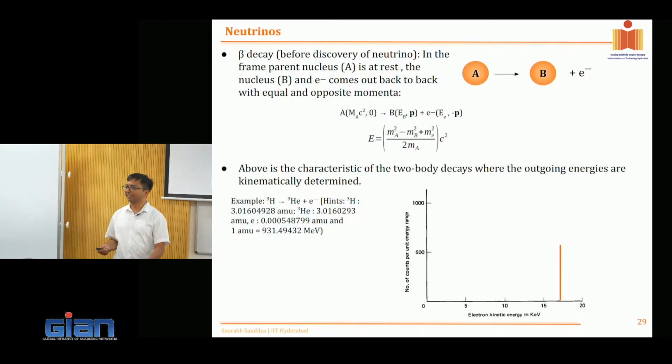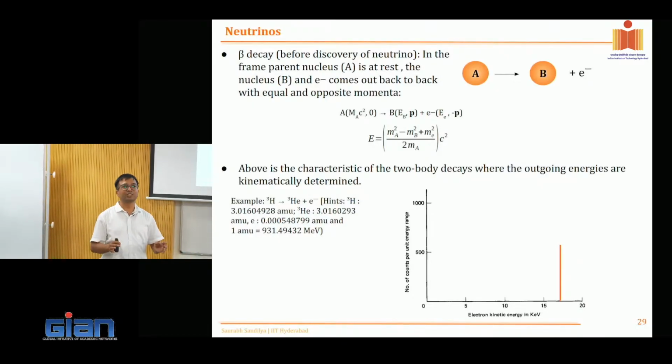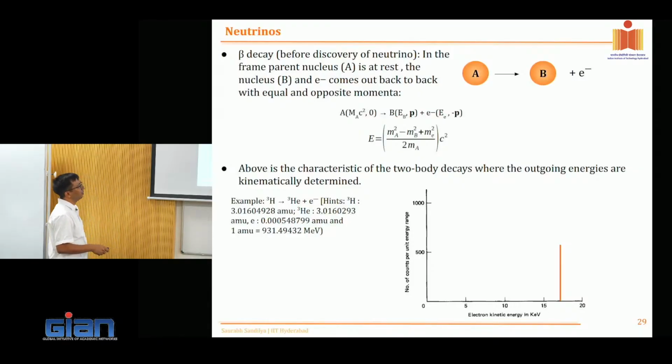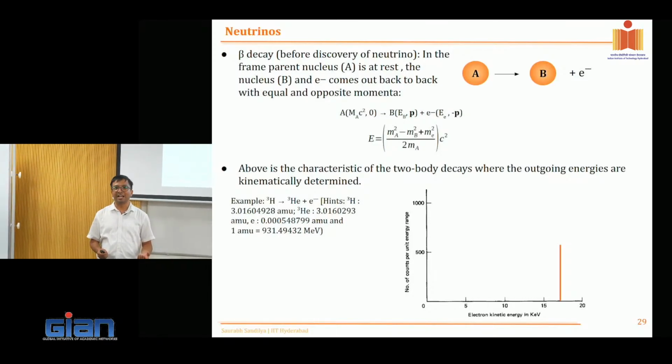Electron mass is fixed. Everything is fixed. The electron which will come out will have kinetic energy fixed, in a two-body decay. That's what I was saying about the alpha particle. It will be mostly fixed. So anyway, if I now try to measure the electron energy in my experiment, what